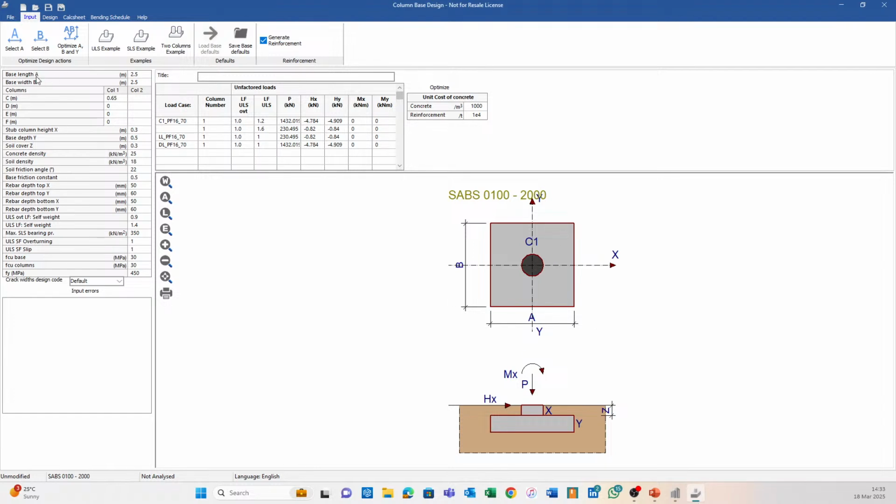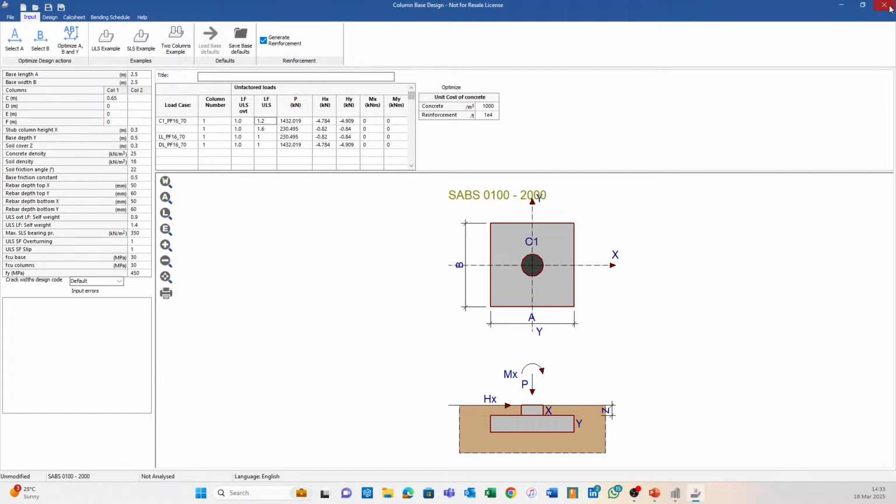And you can see base length, base width, and everything is recorded here, as well as the load factors, which is brilliant, along with its load effects. So you can see over here, it records the load factors for the combination. So it breaks those load effects up into its respective components, live and dead, assigns the relevant load factor,